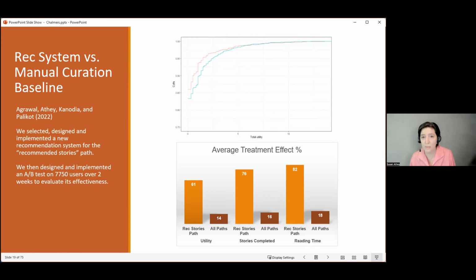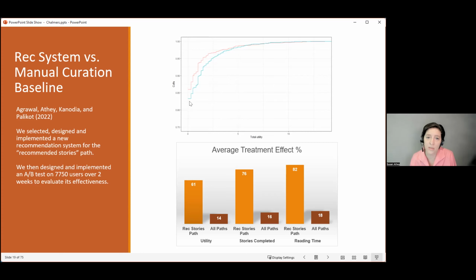One reason we're able to do it, and of course it takes engineering to turn something off, is that here, because we built the recommendation system and we were implementing it for the first time, this was a unique opportunity to turn it on and see what the benefit was of turning it on.